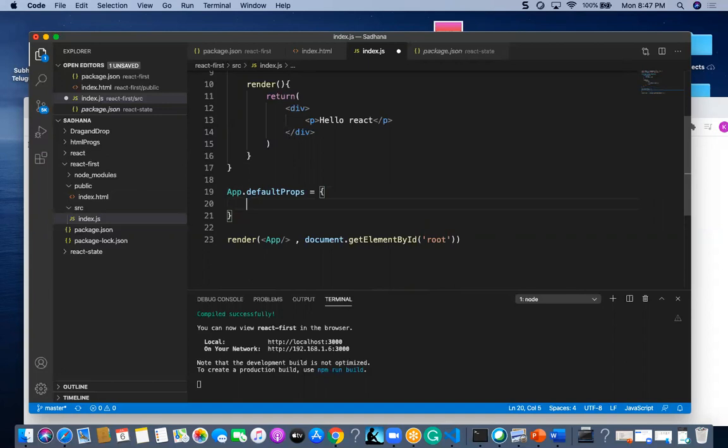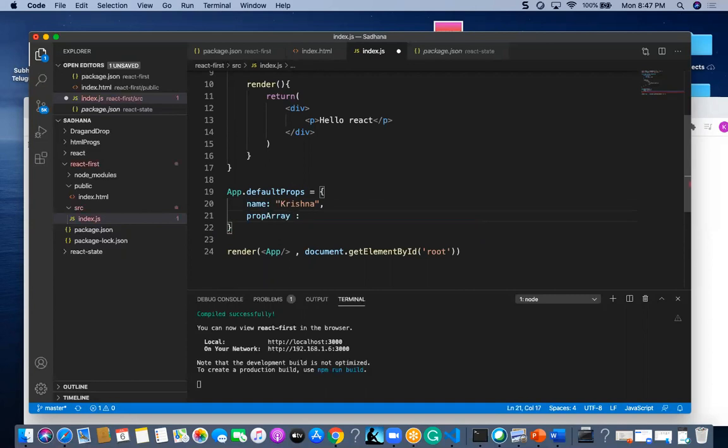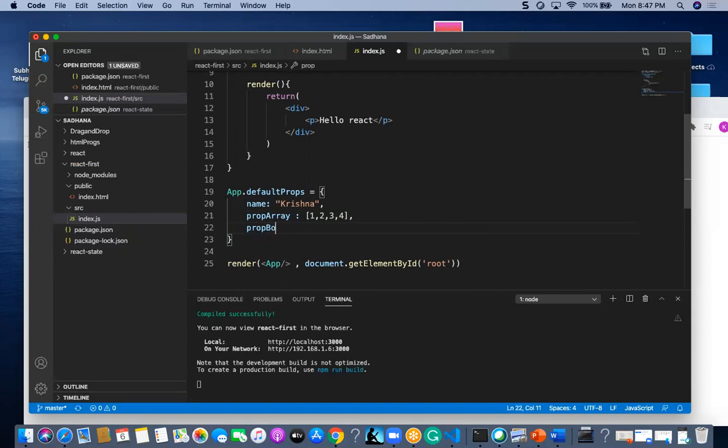Here I am going to give a name, some kind of Krishna, and then a prop array, which I am going to set as 1, 2, 3, 4. Then a prop bool, which I am going to make true.